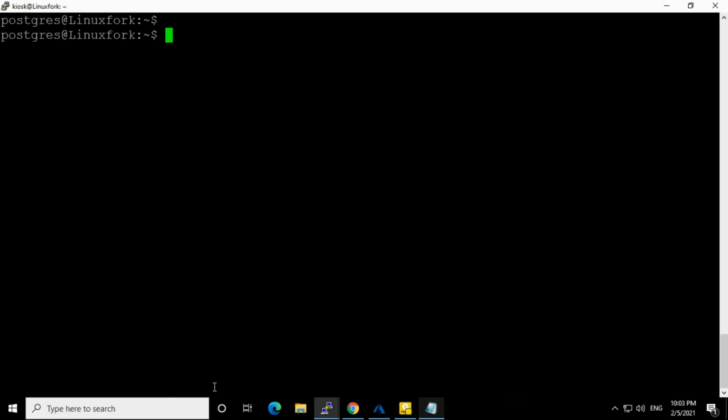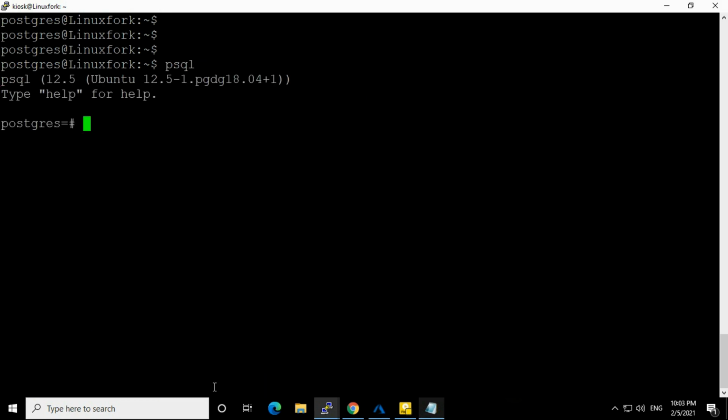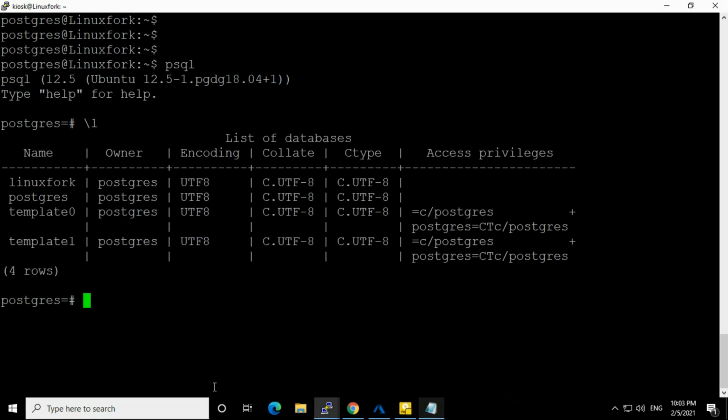Now suppose just log into Postgres using psql, list the databases and drop the database. Now I'm going for the restoration process. Here I'm going to drop that database. Suppose this database is not present there and we want to restore it, then how can we do it?